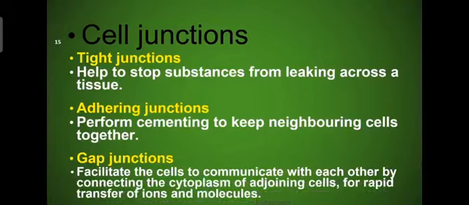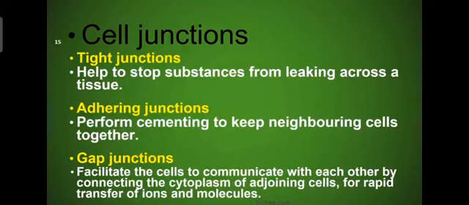Now we are going to discuss one more important point, that is cell junctions. All the epithelial cells are functionally and structurally connected to each other. So how are they getting connected with each other? Here these cell junctions help them to get together. Which are these cell junctions? Tight junctions, adhering junctions and gap junctions. Okay. So what do you mean by this? The diagrams we will see in the next slide.